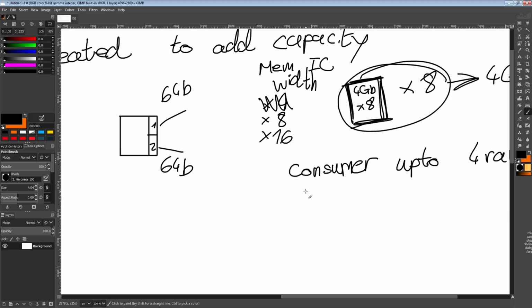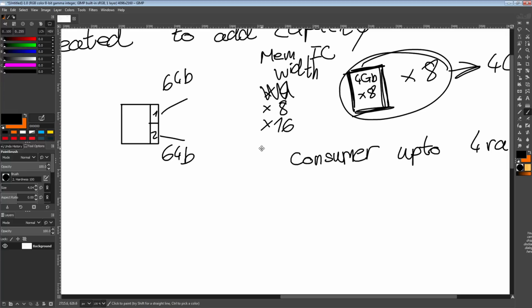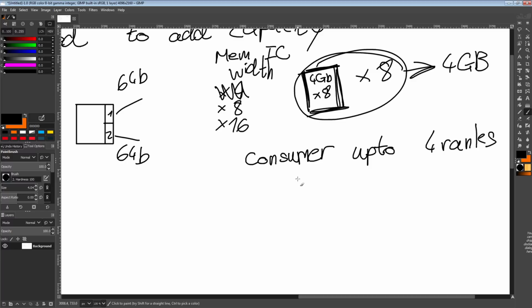I'm not sure if there's a major binning issue, like some kind of major issue with the X16 chips. It's just that I've never seen a high end memory stick using them. I don't know if that's because they're bad for high frequencies or if it's just because laptops are the primary use for them, and so nobody really wants to bother with binning them for desktop applications. Anyway, so